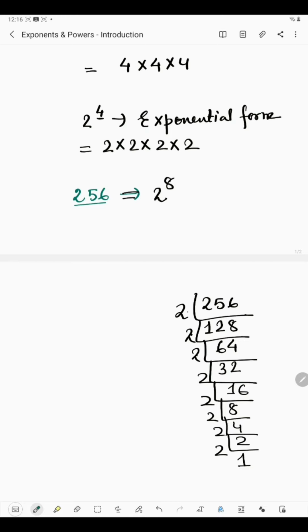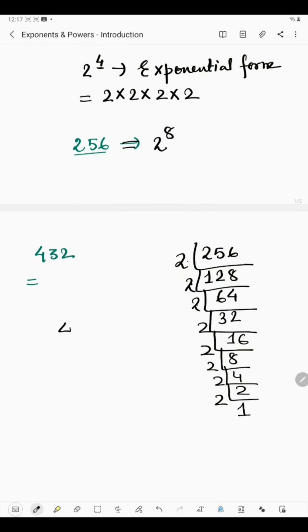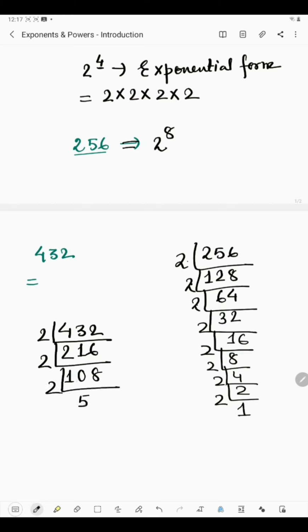Okay. Let us take another example. Say we have 432 and we will have to write 432 in exponential form. To get this we need to find the prime factors. 432 has an even last digit, so it will be divisible by 2. 2 twos are 4, 2 ones are 2, 2 sixes are 12, 2 ones are 2, 0, 2 eights are 16, 2 fives are 10, 2 fours are 8, 2 twos are 4, 2 sevens are 14, 3 nines are 27, 3 threes are 9, 3 ones are 3.